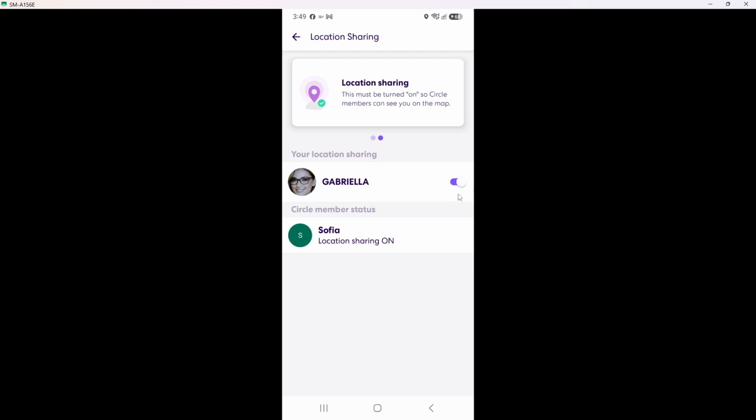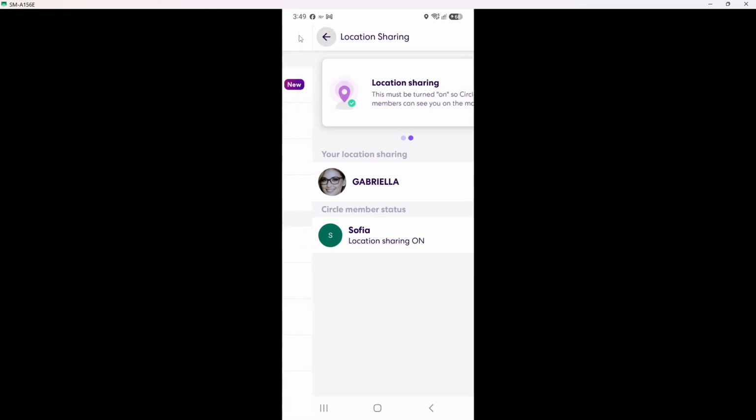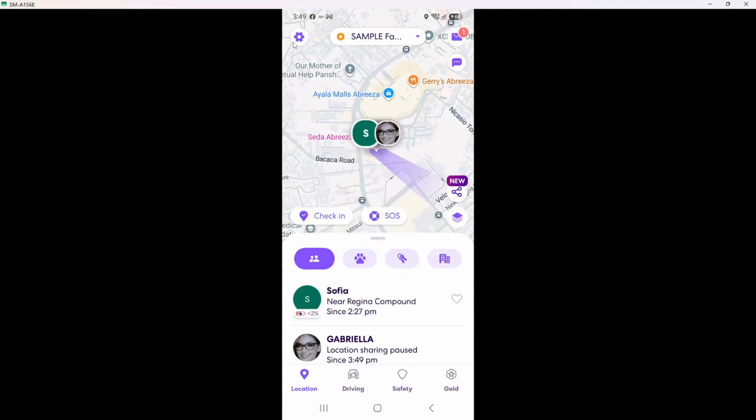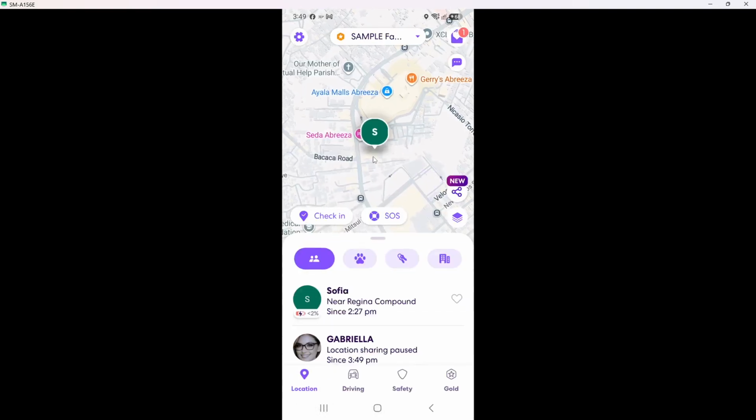Once that is done, take a moment to review your settings. It's a good practice to double-check that the toggle is in the desired position. This ensures that your preferences are set correctly. Sometimes a quick review can save you from unexpected situations later. If you see the toggle turned on, you are successfully sharing your location. If it's turned off, your location will not be shared. This confirmation is reassuring, as it lets you know that your settings have been applied correctly.